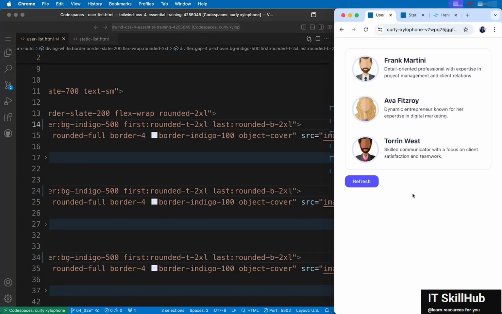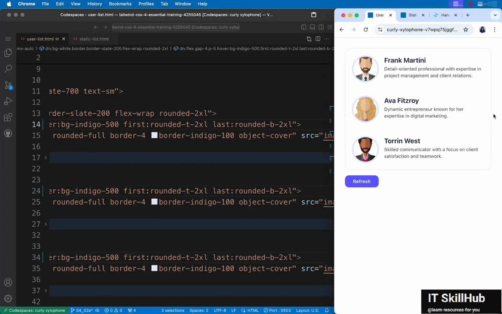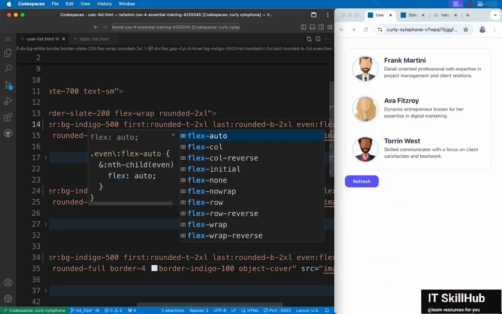Okay, just for the fun of it, let's say you want to switch the text and image for every alternate element, meaning for the second element, fourth, sixth, and so on. Let's say we want the image on the right and the text on the left. We can use the even odd modifiers for this. So let me add even, and then I just need to switch these 2 elements. So I can change the flex direction. Currently that is flex row. I can change it to flex row reverse.